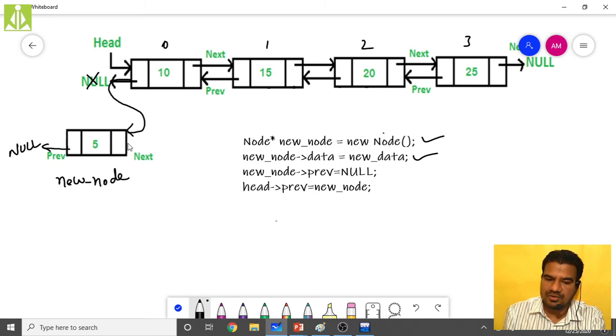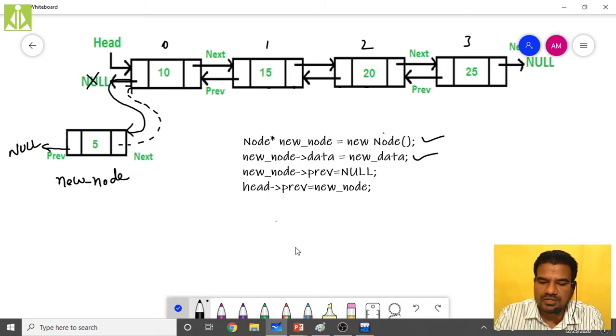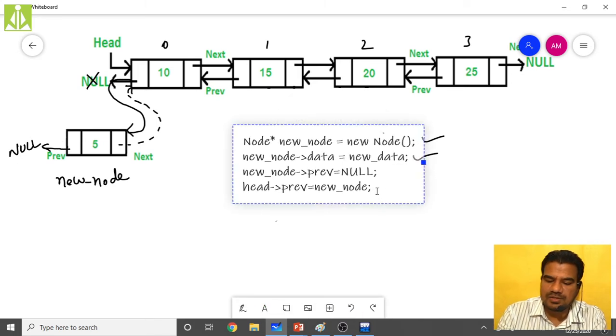Now what we have to do? This direction we have to make to here. In order to make this link from here, I will use a dotted line. We need this point now. This is new node, and this is next pointer. New node of next equals to head. That's it. New node of next equals to head. Add that one also.